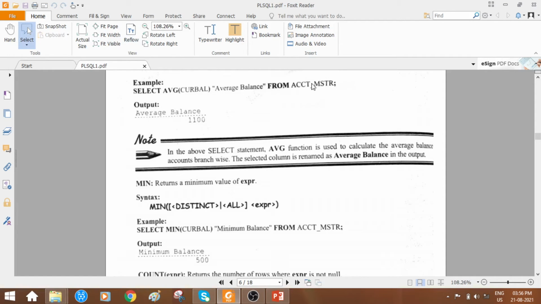So in the account master, for example, let us assume that a particular bank is having some 50 branches in a particular city. Okay, so let us assume that there are 50 rows. So each row is going to show which one? Each row is going to depict a particular branch's current balance.